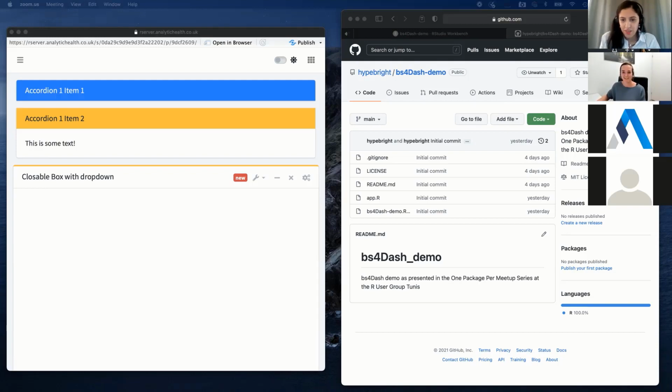Great. So Clever is asking how to add a login page in bs4Dash. Well, that again is something that you have to build in yourself. That's not built in because it's completely server logic. If you want to have a login mechanism for your app, especially for production-grade apps, you should either take a look at solutions like RStudio Connect, which has that built in for you, or you can build it yourself. And that means you have to set up your own database, do your own password management, and that kind of stuff. So we could have three separate presentations about that,